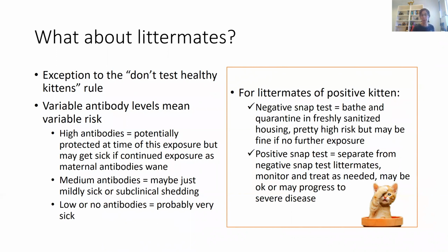And so at the time of exposure, that one didn't have protective antibody, and so it gets really sick. And there might be a kitten in that litter that got a medium amount, and so it gets a little bit symptomatic, but it had some protection. And maybe another kitten in that litter that had enough maternal antibody at the time of exposure to be fully protected. So if you have litter mates of a kitten that got sick, do test, at least I think, test